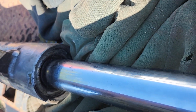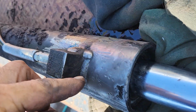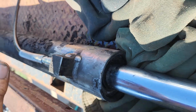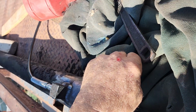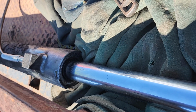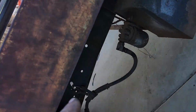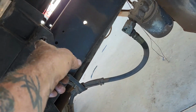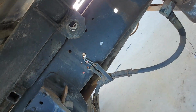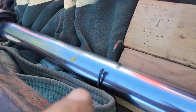So, you have this packing, and it has to come out, and then there's another lock ring somewhere back in that area. Now, we watched a video from Jonathan W, and what he did is his stuff was still on the truck, literally locked in, here and here, and he used hydraulic pressure once he had that lock ring